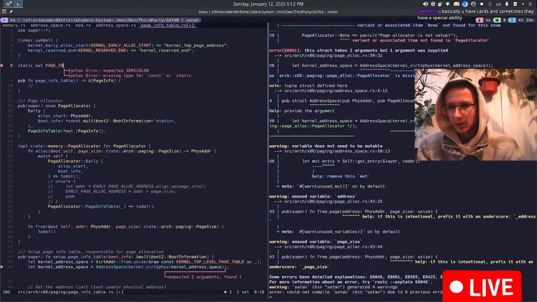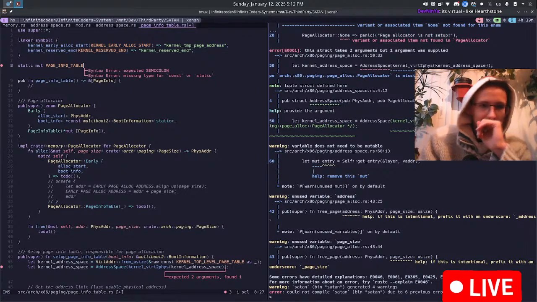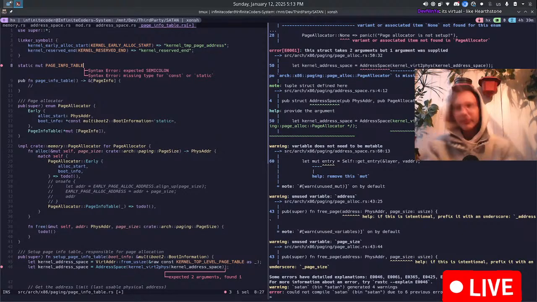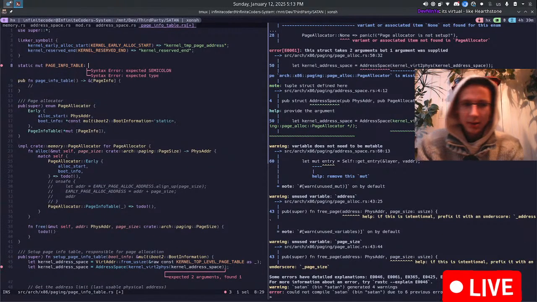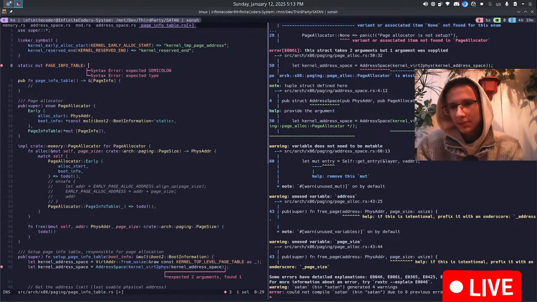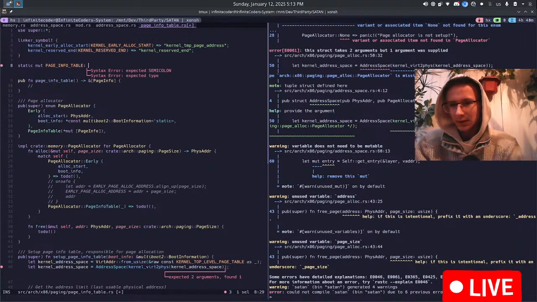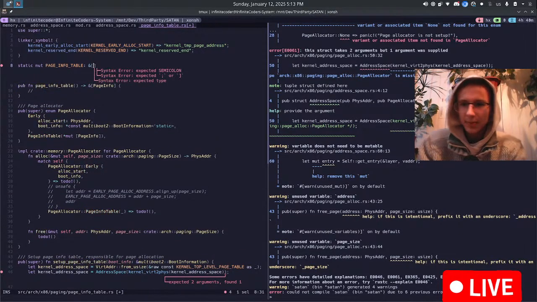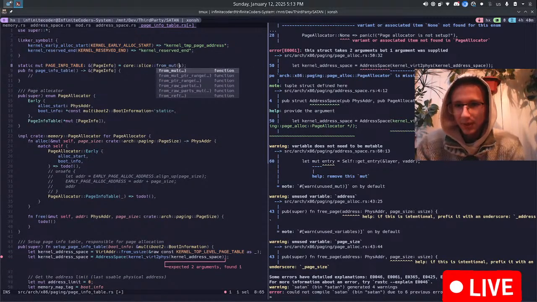Also, the public, let's do static mute page info. How do I handle page allocation? It's virtual like Hearthstone. So page info table. It's gonna be a slice. Yeah, I need it as a pointer. So I can do a slice or slice from